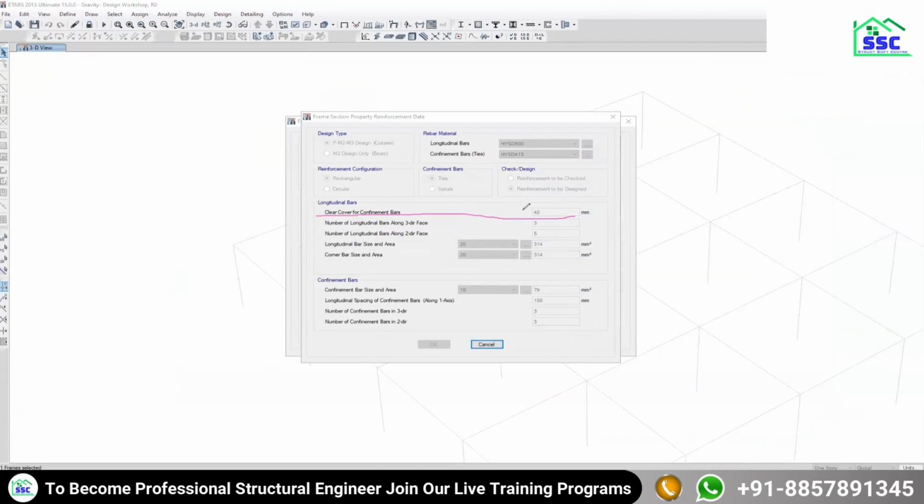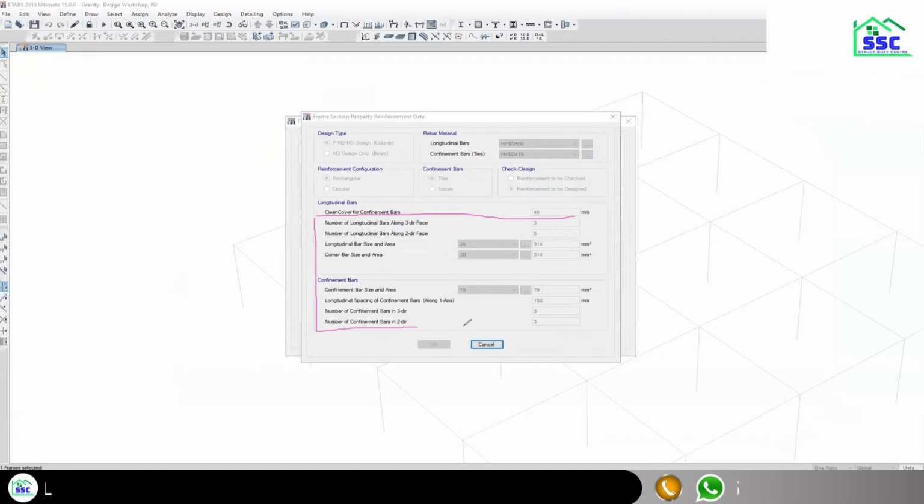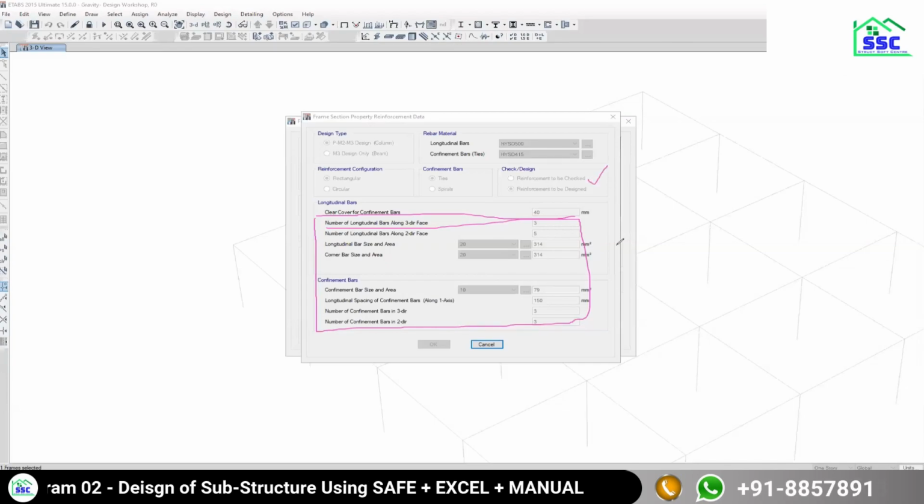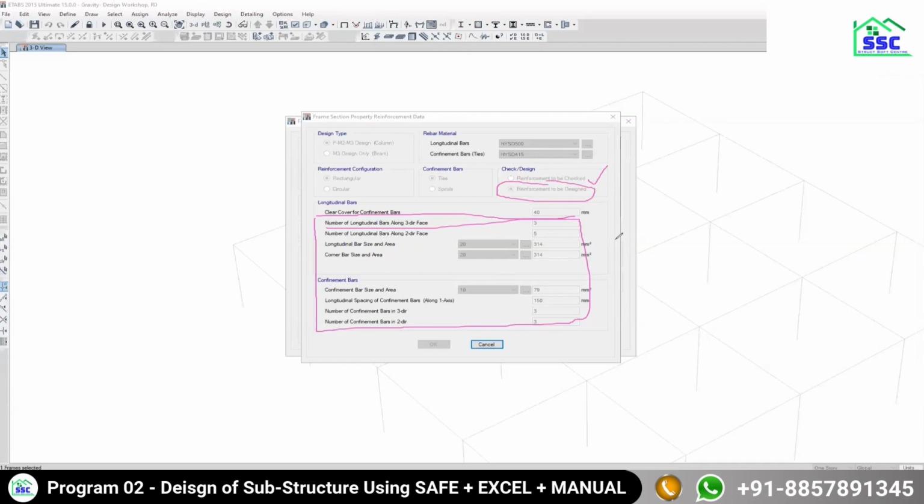Most people have this misconception that whatever data is below the tab of clear cover is required only when we go for reinforcement to be checked. But let me clear it, my friends. Even though the number of bars and everything is not valid when we are designing the column in ETABS, the diameter of the bar that you select is important when it calculates the effective depth or effective width of the column. That is, if I say that my clear cover is 40,